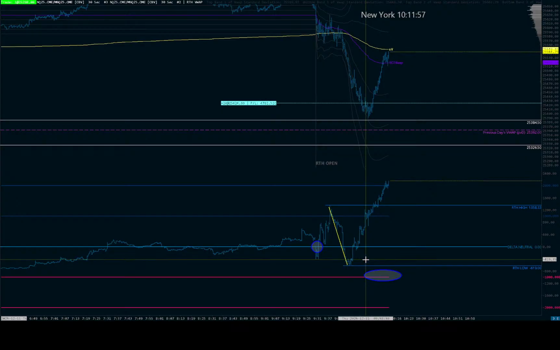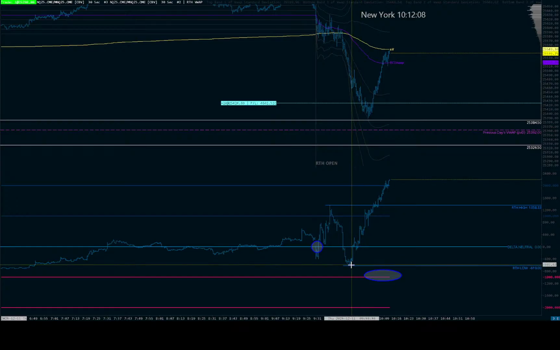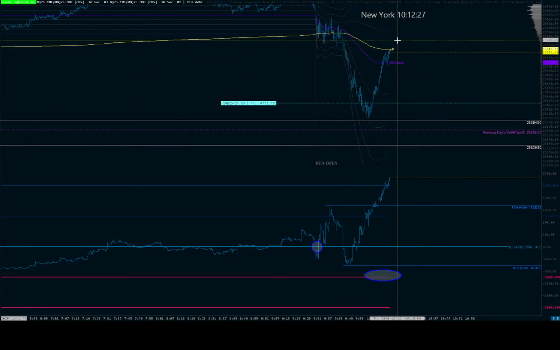Yeah, the sellers came in hard and fast out of the gate, but then they just didn't have the steam, the conviction to continue to sell it short. And so aggressive buying comes in. And if you guys understand how accumulation happens, right? If you want to be a buyer, you've got to have limit orders selling in your face in order for you to accumulate a position in order to go higher.